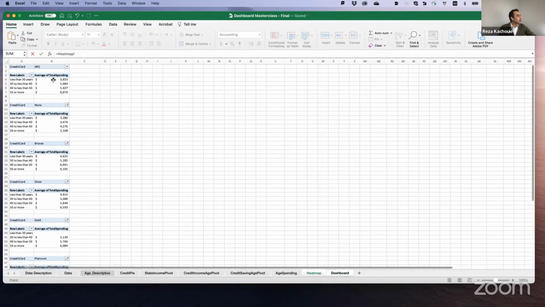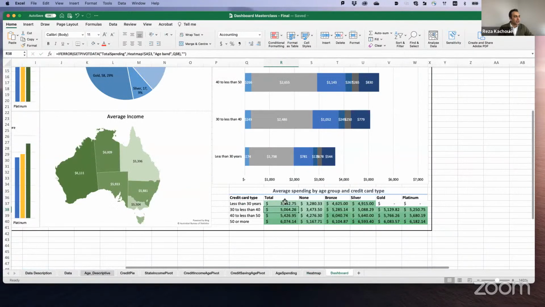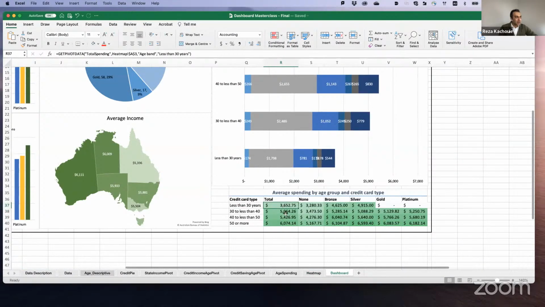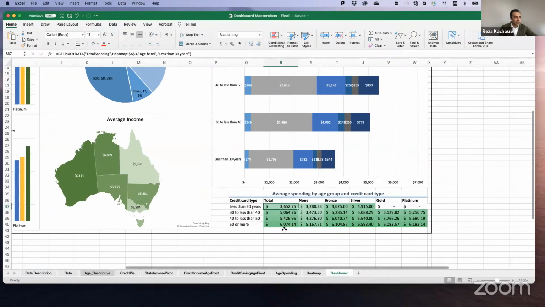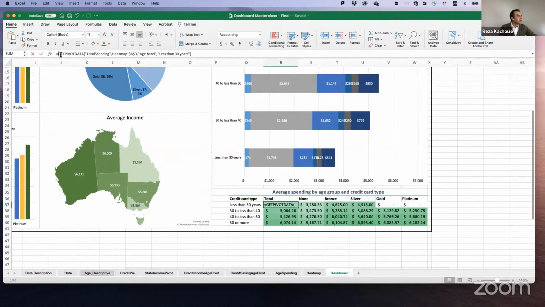I go to my all, select the first one, and I put enter. But being able to copy it across and bringing down is difficult. So I am going first add IFERROR to the beginning of it, open bracket, go to end, comma, open and close double quotations, and enter.